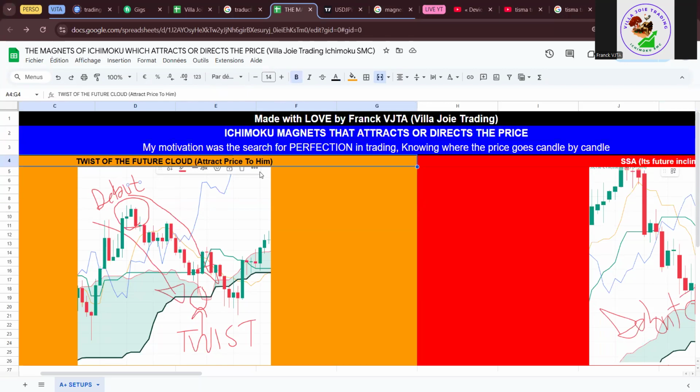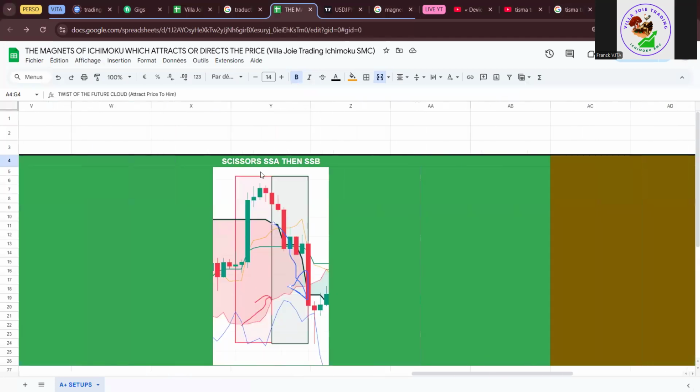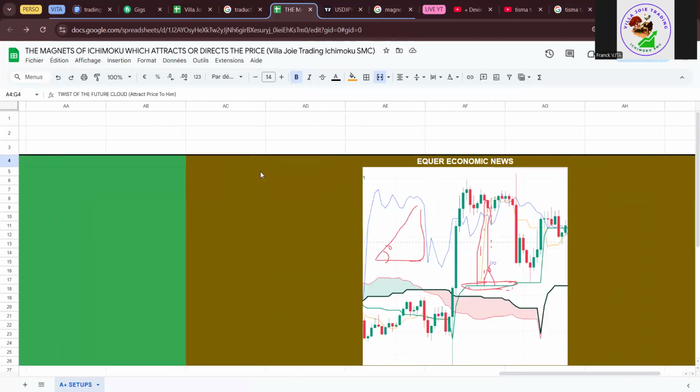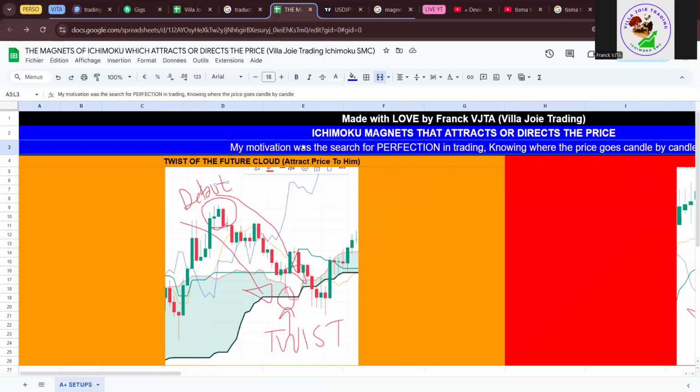The first element will be the twist. The second will be SSA, then the third SSB, then the next one Chikou, then the last one will be the Kijun. So basically, the reason why I went until I found those magnets in Ichimoku